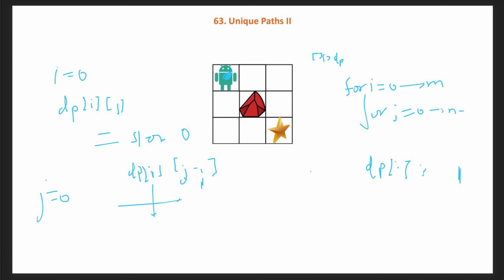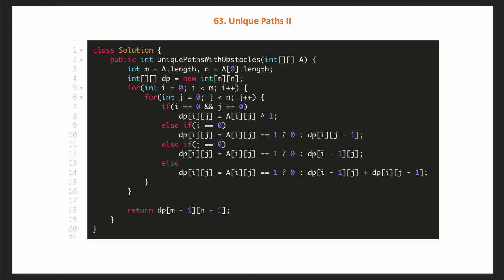You can pause the video and try to code it yourself. So, here is a code snippet of the bottom up approach. I created a 2D array, and then what I explained, first check the first cell where the robot is starting, and based on the value on this grid, if it is 1 we will fill 0, if it is 0 we will fill 1. Similarly, for the rest of the cases, we check if it is in the first row, which means 0th row, we just update based on the previous column values, and if it is 1, then it is a straightforward blocker, we cannot move across that stone. So, this is a bottom up approach solution.